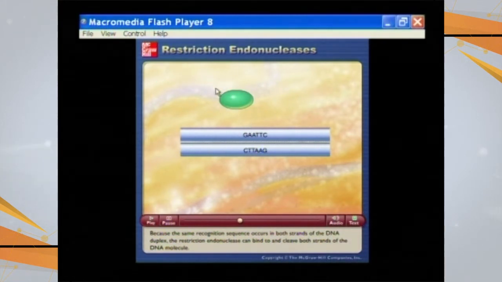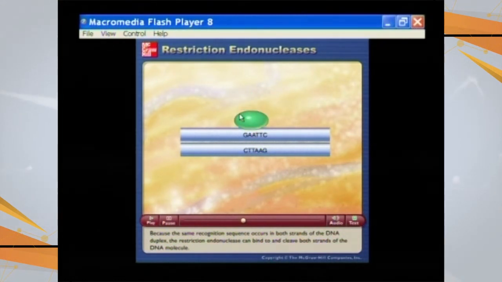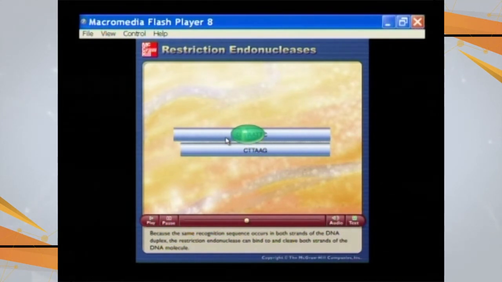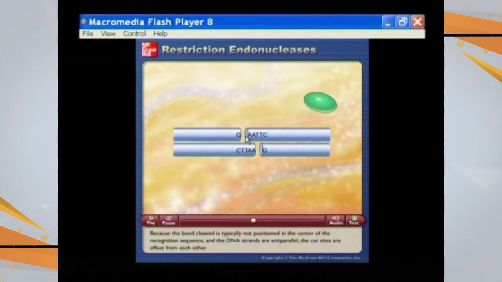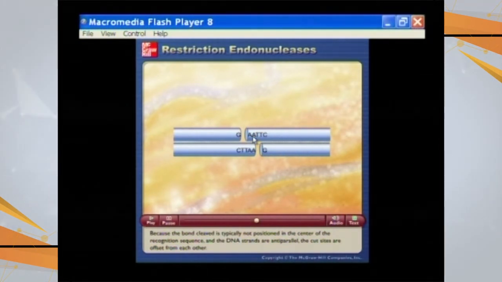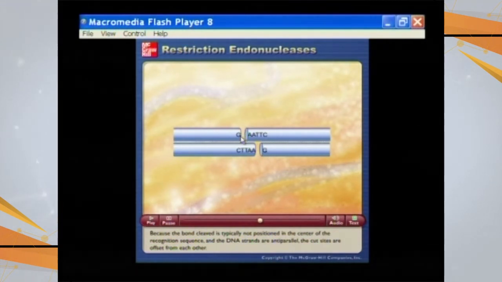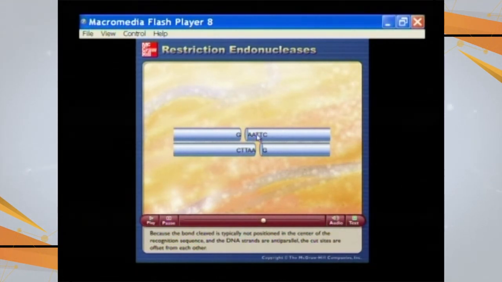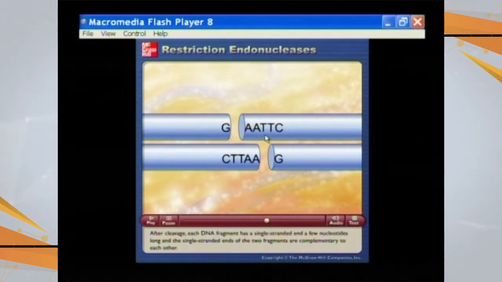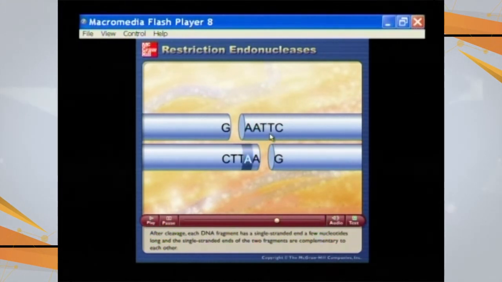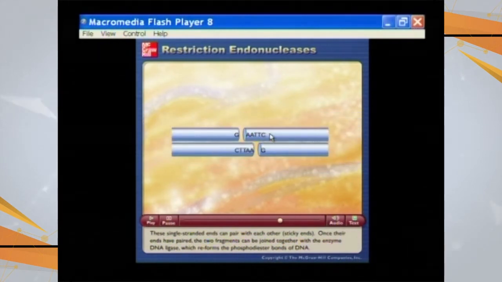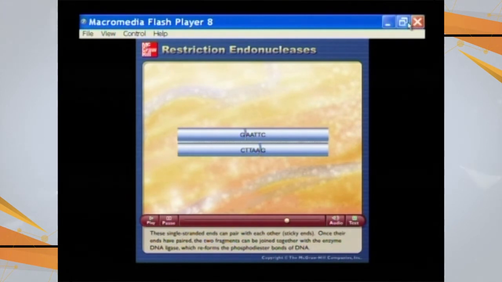And then this is the enzyme restriction endonuclease EcoR1. It is going to cut it into fragments like that, and this is going to produce these sticky ends. They have the tendency to combine with each other again. So these enzymes cleave the DNA into fragments, leaving single stranded areas which have the affinity to bind again. These are called restriction fragments, and they have the tendency to combine with similar complementary bonds later on.